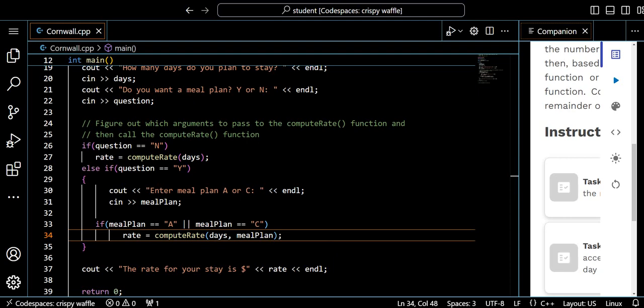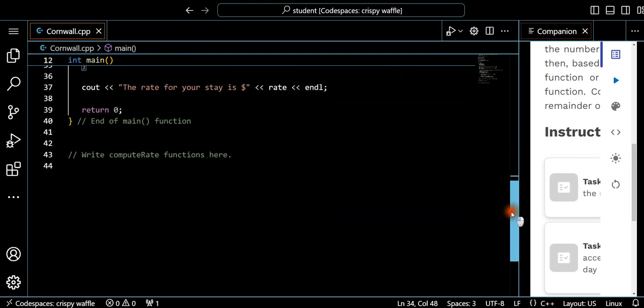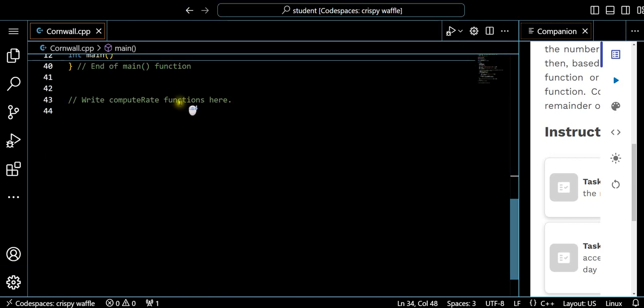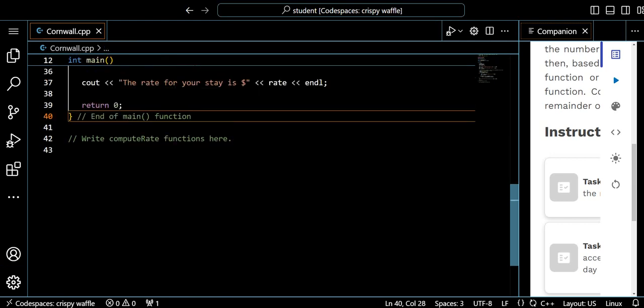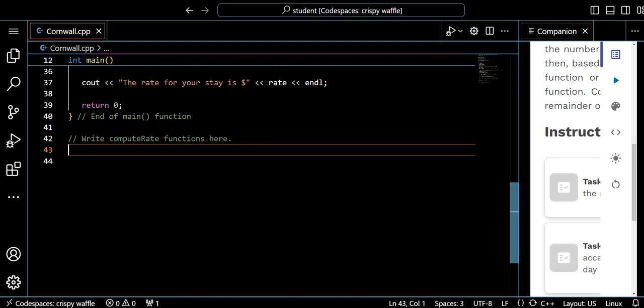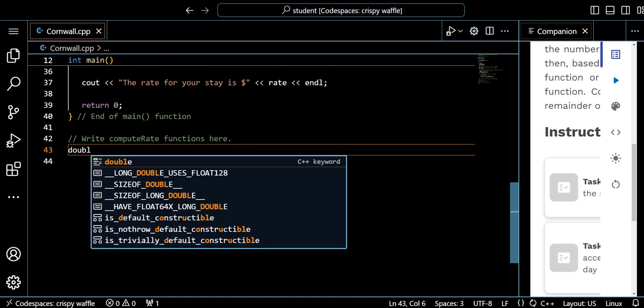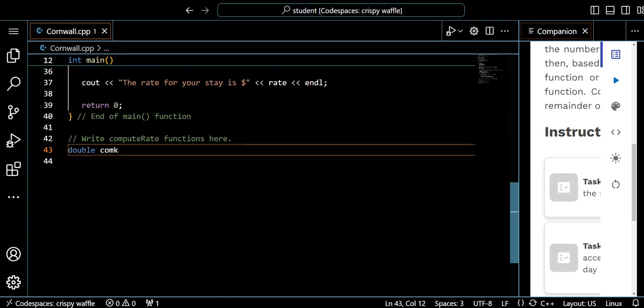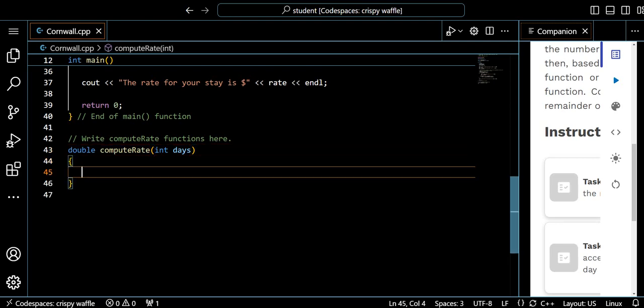Now, let's take a quick look. Alright, scroll down. So here, write the computeRate function here. So much space in this thing. There we go. Alright, so let's write the computeRate function. So, double computeRate, int days, and of course our brackets, and go double